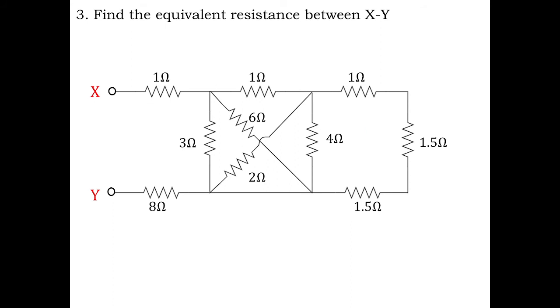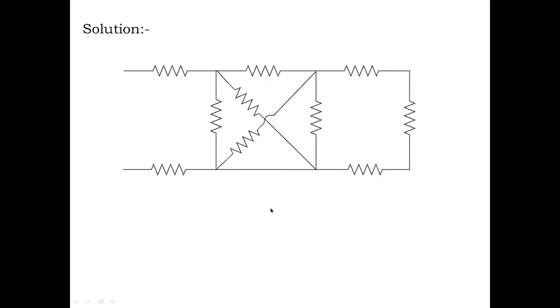In example 3, we need to find out the equivalent resistance between X and Y. Now what is the main difference between the previous problem and this problem? Here you can see there is a 6 ohms and 2 ohms which are arranged in zigzag fashion. So look at the network. This is the network which is given to us, and for reference sake, X and Y we need to calculate the equivalent resistance. I am identifying new points as P, Q, R, S to be the 4 node points.